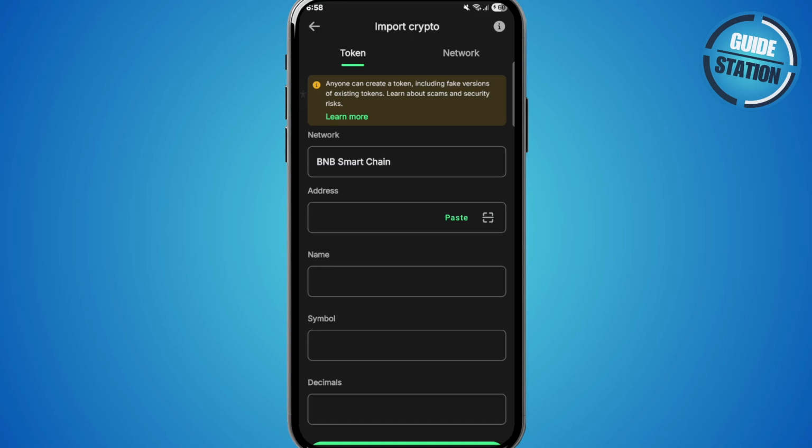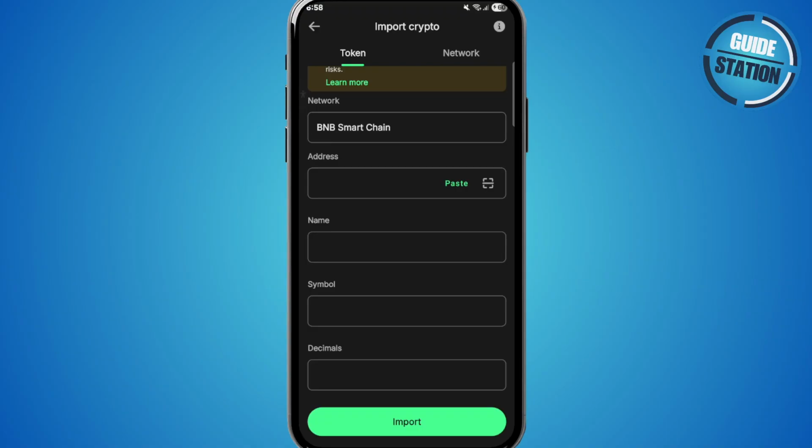In the address field, you want to paste the Cpen token address, and you can usually find this in the message section of the Cpen app, where they message everyone in the community with an address. And once everything's entered correctly, you want to tap on import, and basically that's it. The Cpen token will now appear on your Trust Wallet's token list, ready for you to view, receive, or send